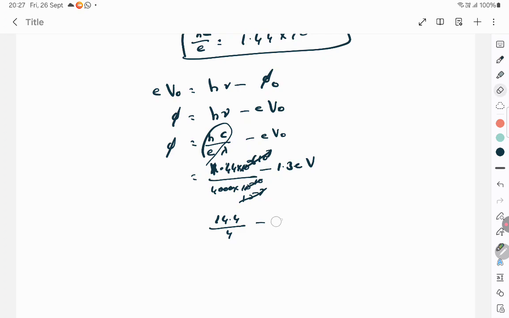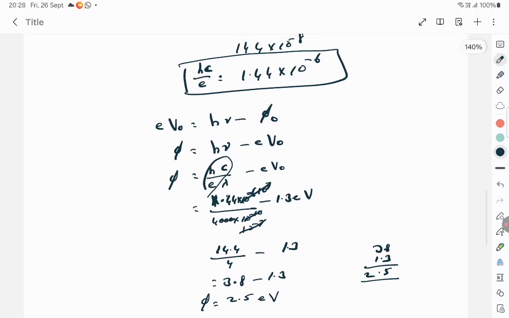Okay, so minus 1.3. Let's solve this. 4 3s are 12, 8 3s are 24, minus 1.3. 3.8 minus 1.3 is 2.5. So you get the work function to be 2.5 electron volt. This is the answer that I am getting, but the answer has to be 2.3. 4 3s are 12, 8 3s are 24,